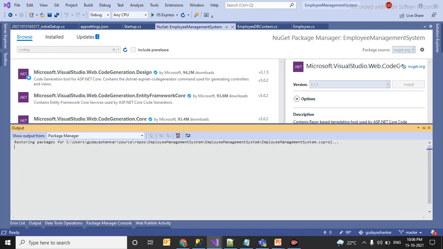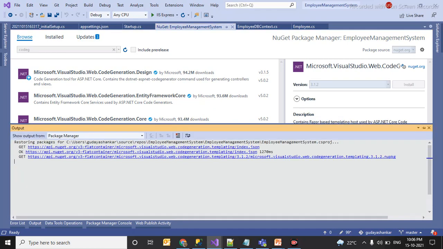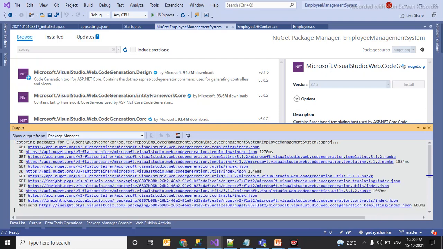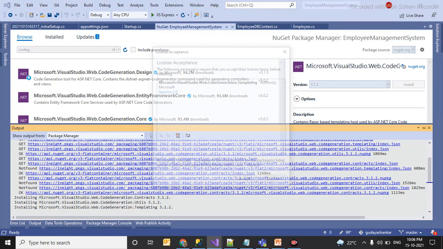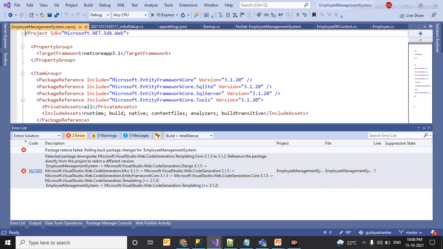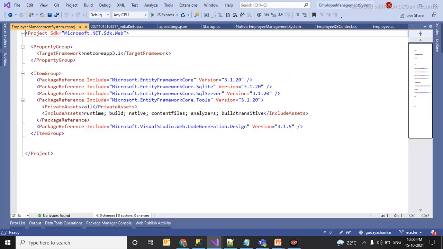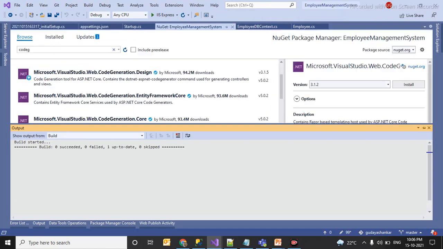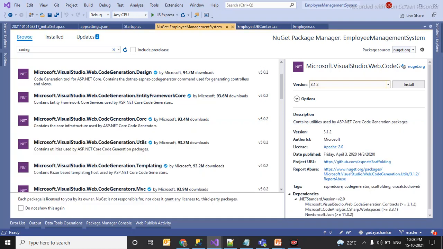Install this. Accept the license. Let me build. Everything is fine. You have to select 3.1.2.